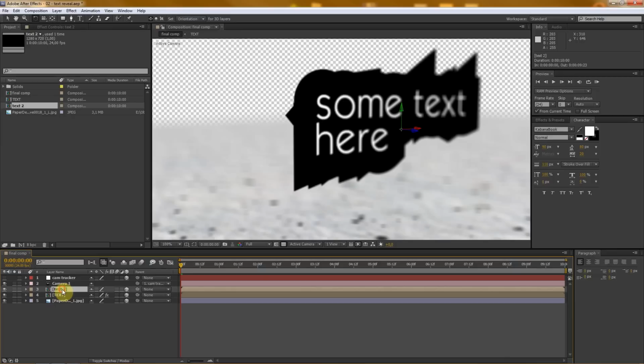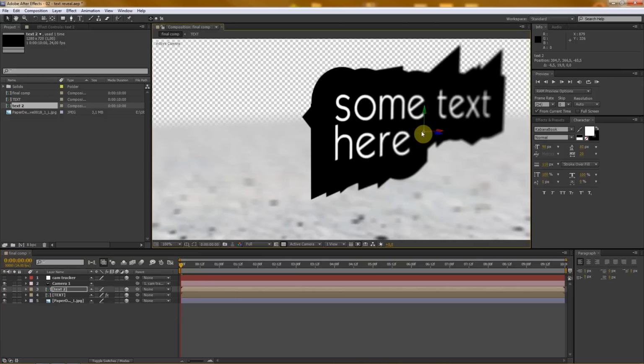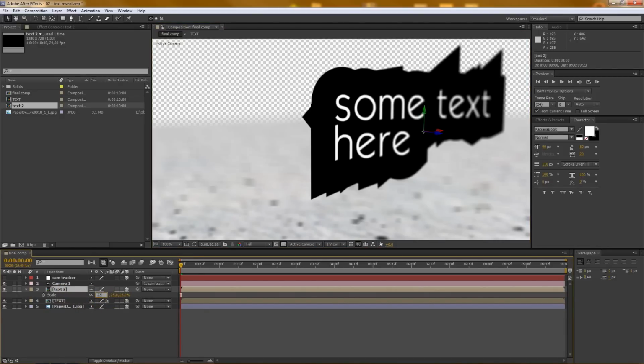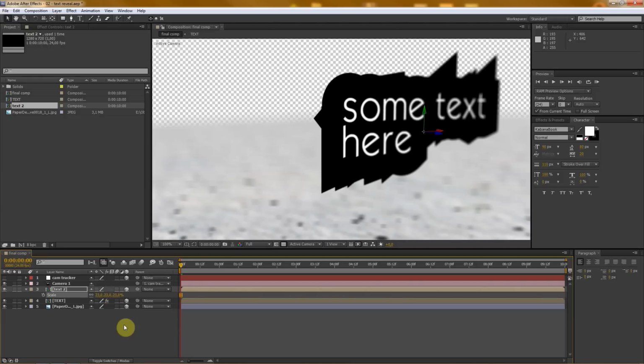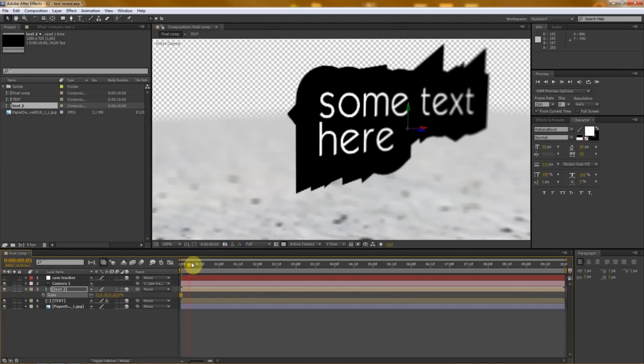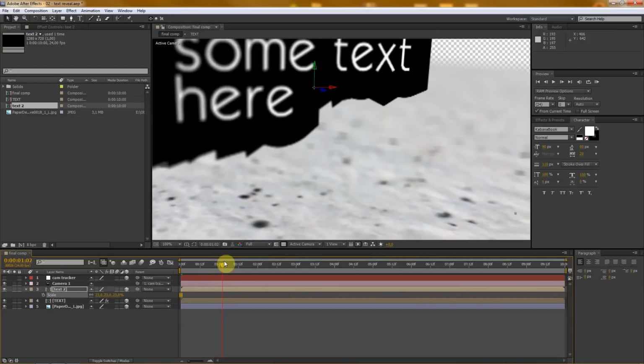Or just move our text to the place where it is in the focus. It's somewhere around here, and make a little bit smaller. So hit S and say 23. Yes, and now some text here,